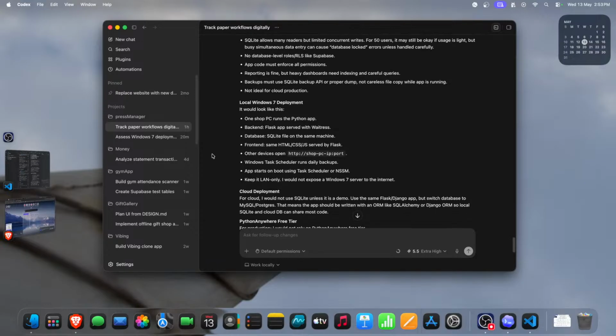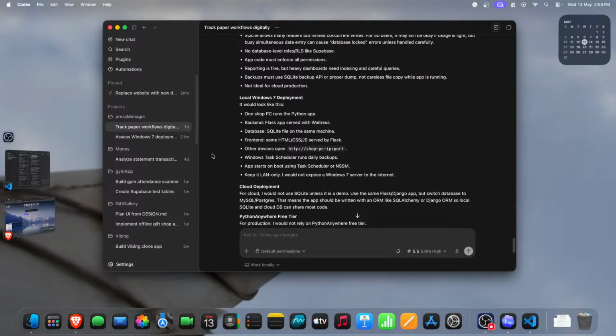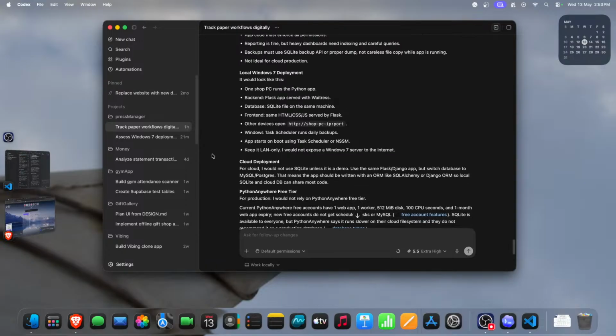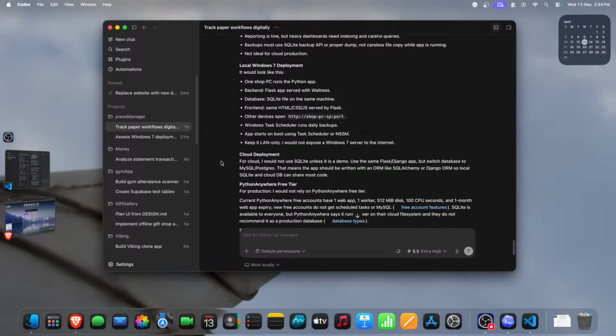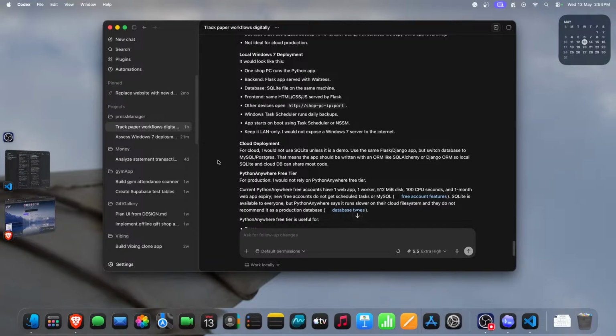Backups must use the SQLite backup API for a proper dump, not careless file copy while the app is running. Not ideal for cloud production. Local Windows, and looks like yes. Windows task scheduler runs daily backups. App starts on boot using task scheduler or